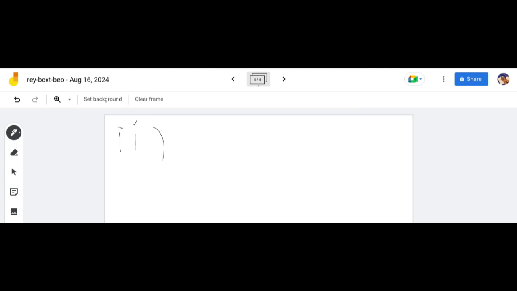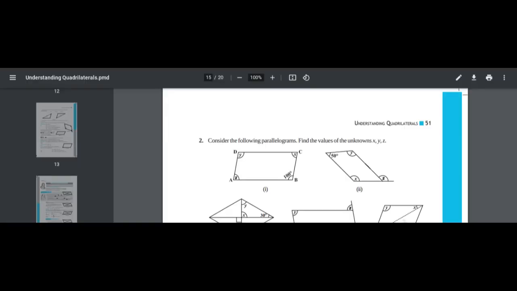So basically in the second part we have to find the value of x, y and z. So what is the value of x here? We don't have the value of x here, but 50 is on the opposite side. So x will also be 50 and then z will also be 50, I guess, because they're opposite. 50, right? So it's opposite. It means that x is